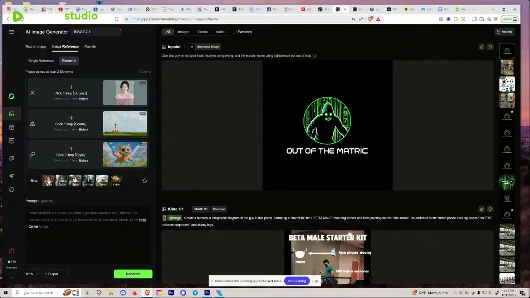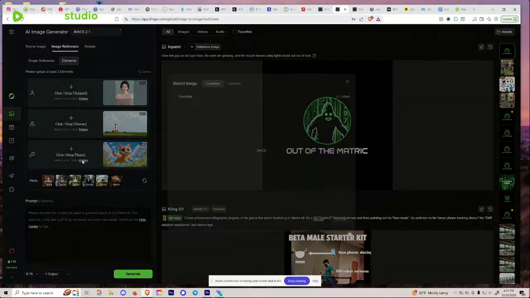So basically if we like something we saw, like matrix type stuff with coded numbers and whatnot, we can add that as a scene, and that might be in the background here. Or we can add that as a reference to say, oh, that face, and then select that type of face. And then also other elements too, like maybe